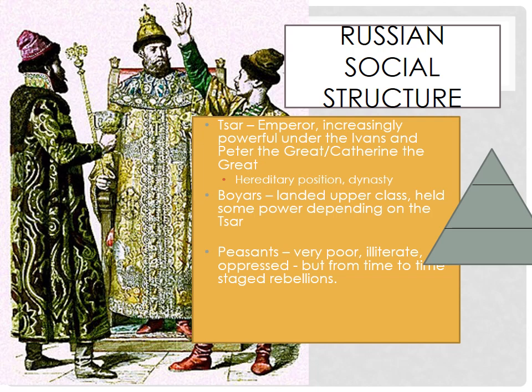They're very poor, they're illiterate, and they're oppressed. But from time to time they staged rebellions, the most famous of which is the Pugachev Rebellion during the era of Catherine the Great. It was led by Pugachev in the 1770s, and it fought to end serfdom, to end taxation, sought for the liberation of the serfs and greater equality. And then Pugachev was captured and cut into pieces, basically quartered, publicly in Moscow to make an example of him.